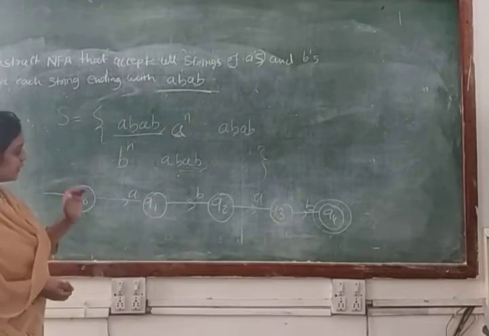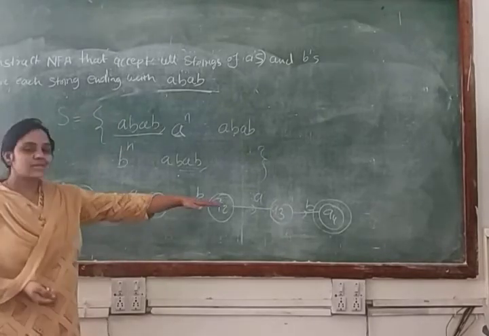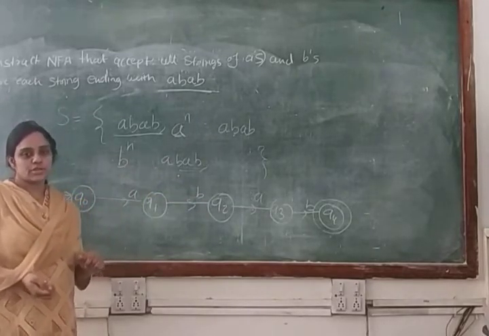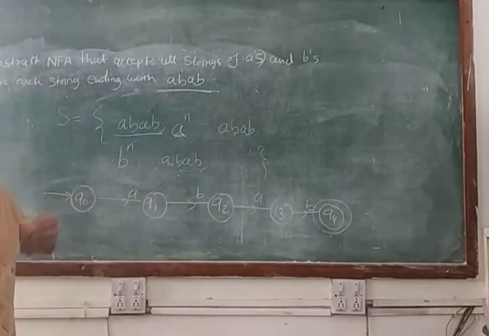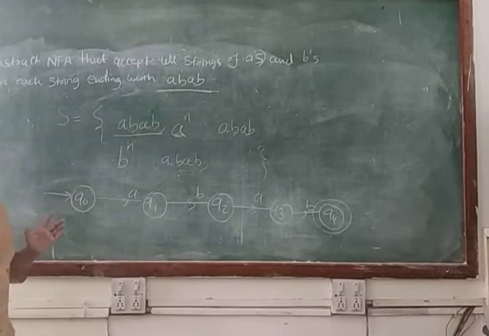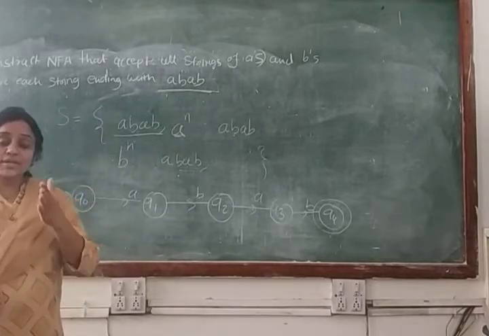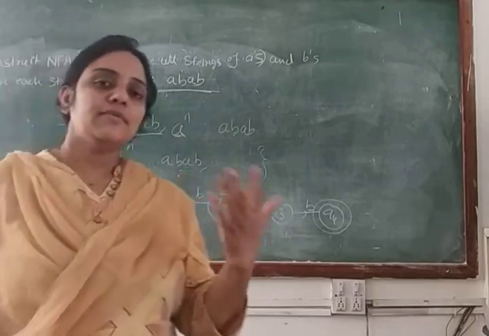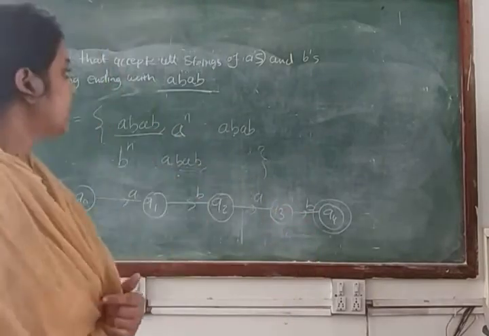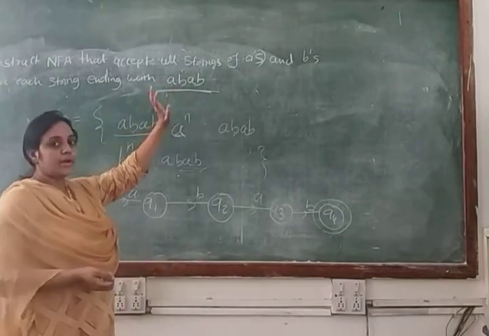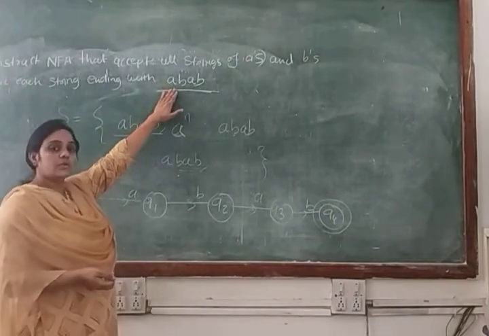So whenever you make a machine for the smallest length string, in that case you will get the number of states in your machine. And how many states are you getting here? You are getting 5 states in your machine. Now in the case of NFA, we will convert this machine for the infinite length language. Why are we saying infinite length language? Because here this is the smallest condition. This is the minimum requirement or minimum condition of your question.